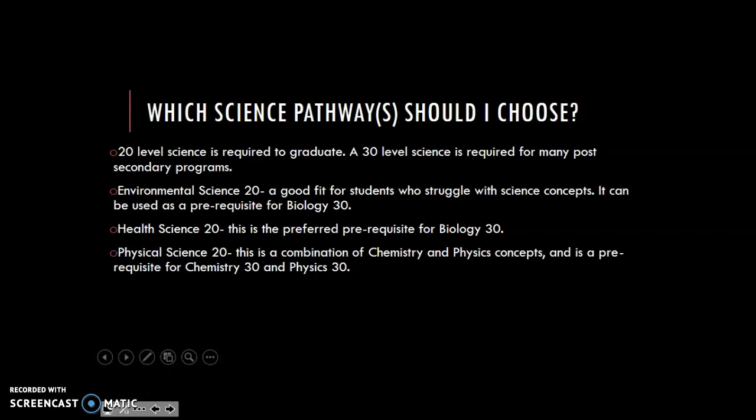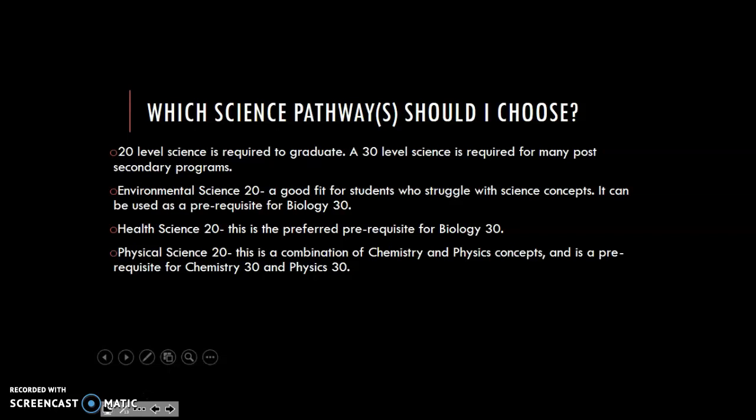It's important to know that a 30 level science is required for many post-secondary programs, and some post-secondary programs require more than one 30 level science. So it's really important that you do your homework, you know what you could potentially be needing for sciences going forward. So the 3 20 level sciences that we offer here at our school are Environmental Science 20, which is